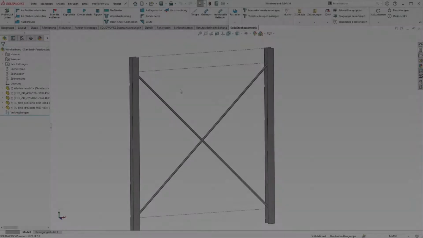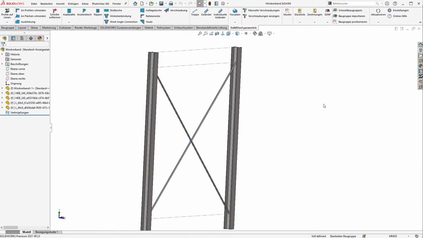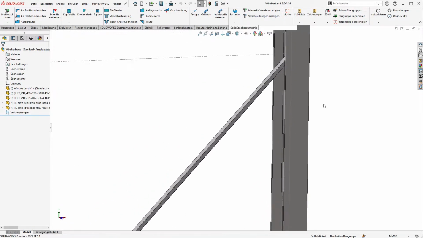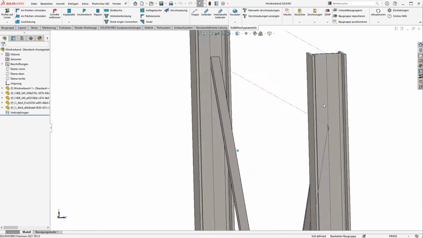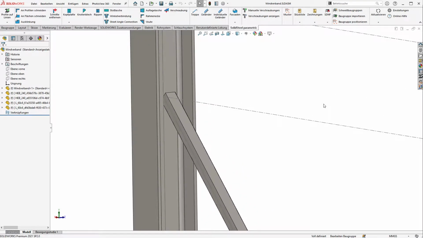We'll look at two examples to show how easy it is to incorporate structural analysis into the design if you have the right tools. In the first example I used Solid Steel to draw two columns and wind bracing made of L-shaped profiles. So far without any details, because how should I know the dimensions for correct detailing? Fortunately there is software with which we can quickly answer such questions.